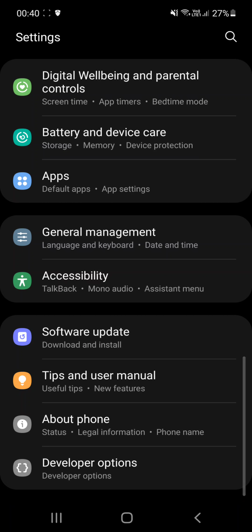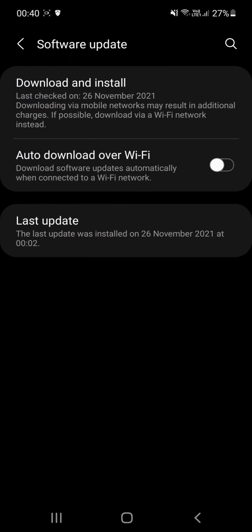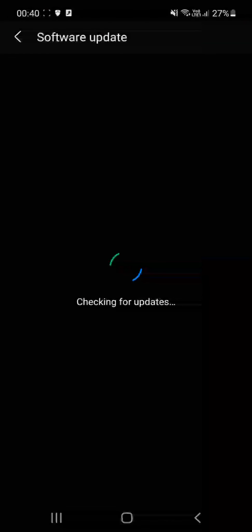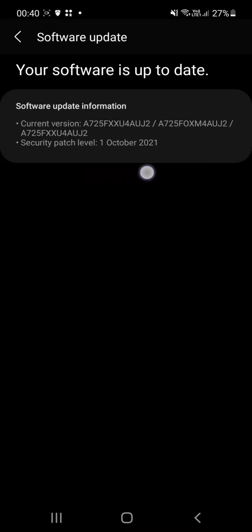In order to benefit from RAM Plus, you'll have to go to software update and click on download and install. In my case, I already installed the latest update. If you have not installed the latest updates from last month, because every month you get an update, then you'll have to install those updates. For example, this is security patch level 1st of October, as you can see. So you will have to install all the updates until this one, and then